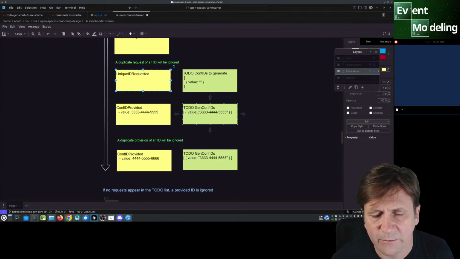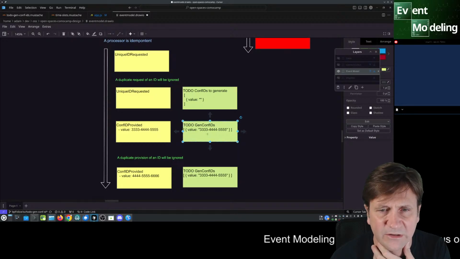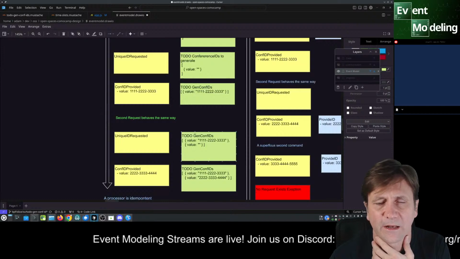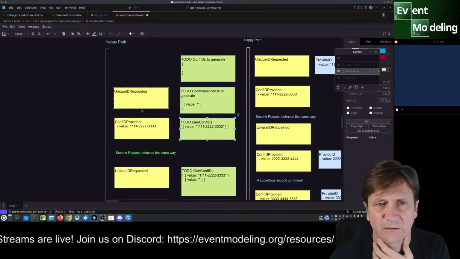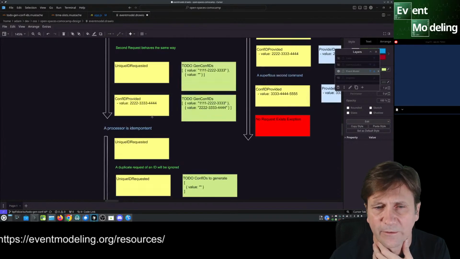We also understand that this is valid. I'm debating whether we delete this one because it has a slightly different history. So there might be a reason to have this test here. Remember, because we're testing the green box here, anytime in this timeline that we have a green box, we're running a unit test that has a precondition of the previous events so far in each arrow, each little timeline.